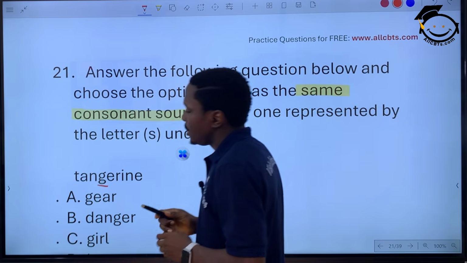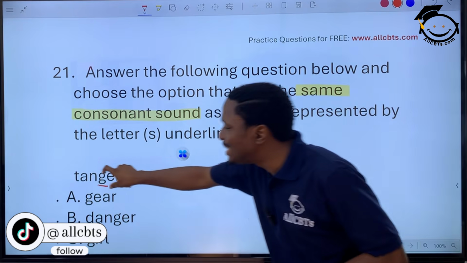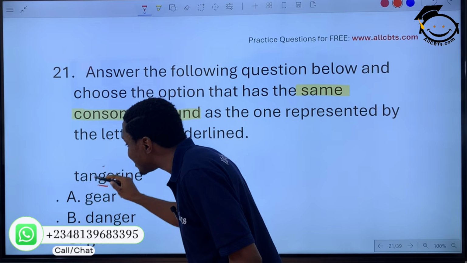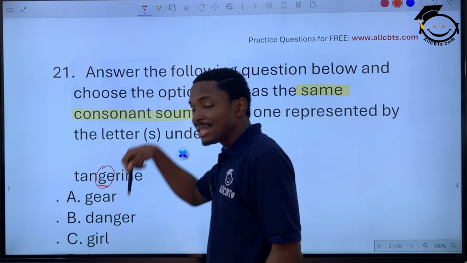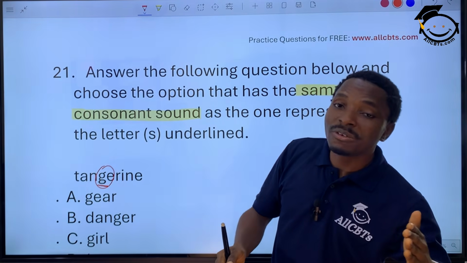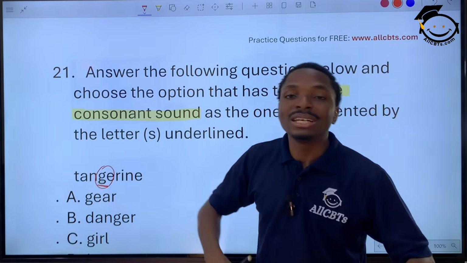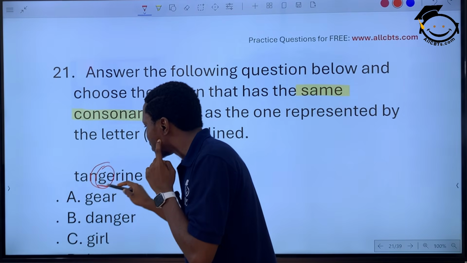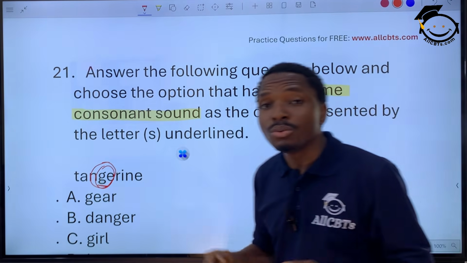So you have the letter underlined. Right, the consonant sound in this word. So the consonant sound is around this place. That's what it means. It could be that exact letter, or it could be one letter before and after, just around there. That's why I should segue it this way. Good. So what's the sound there? Let's call the word first.